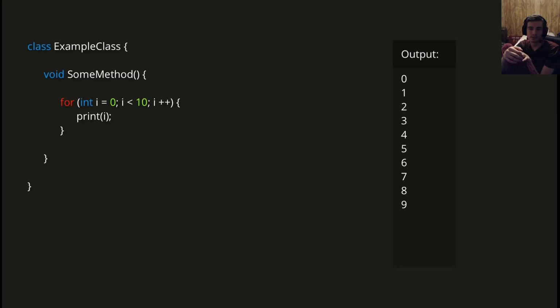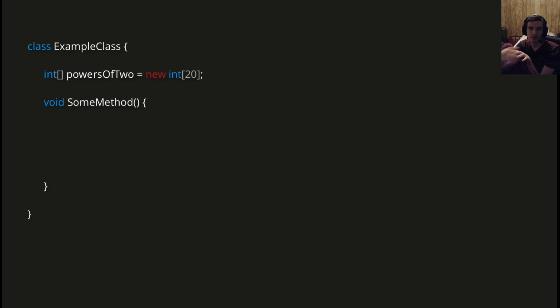This sort of loop is often useful for setting the values in an array. For example, if we're wanting to store, say, the first 20 powers of 2, we could create a new integer array with a size of 20, and then loop from